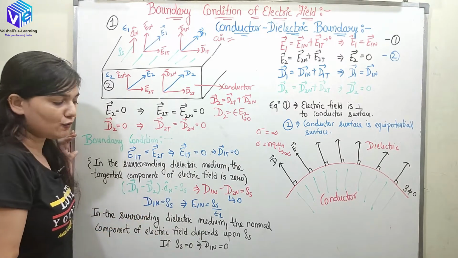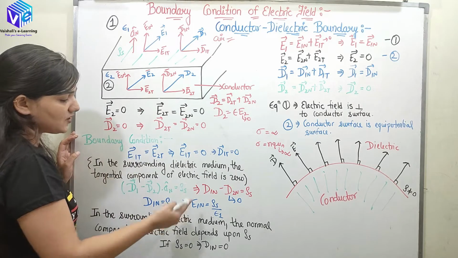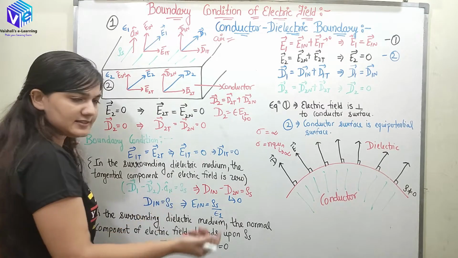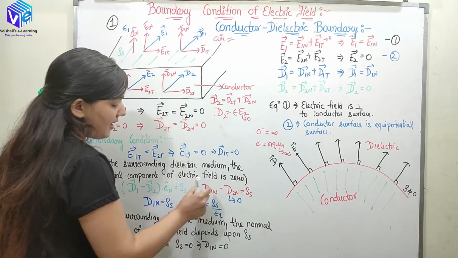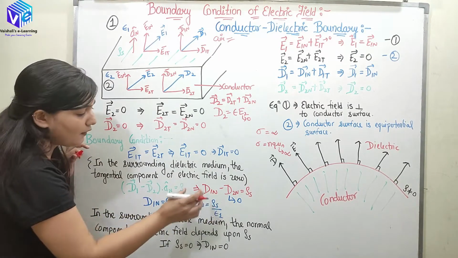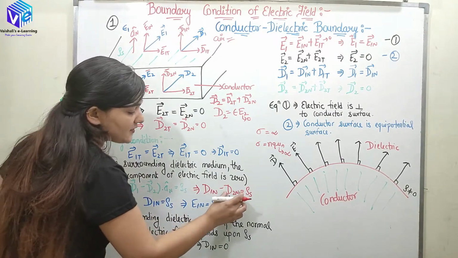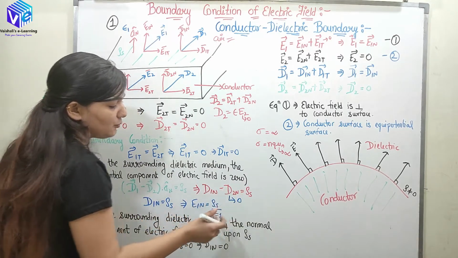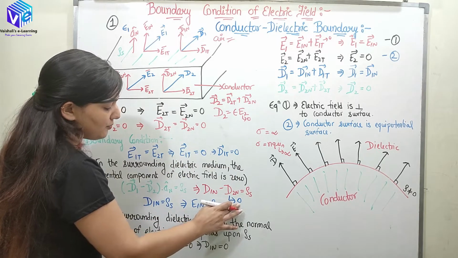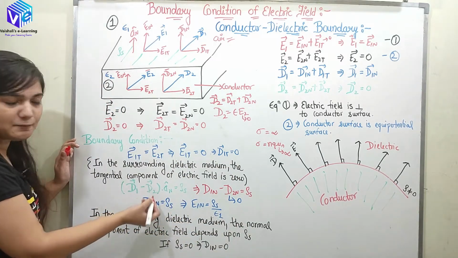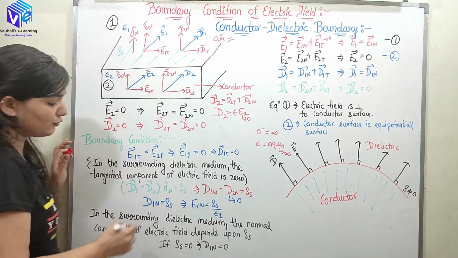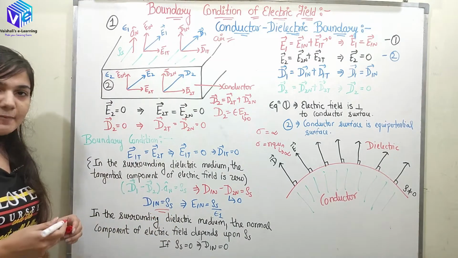Okay. Now coming to the second boundary condition, we had talked about this condition (D1 minus D2) dot an is equal to rho s. Now if D2 is 0, I can directly write D1 dot an is equal to rho s, or I can say D1n, because D1 dot an is D1n. D2 dot an is D2n. So D1n minus D2n is rho s. D2n was 0, so I can put D2n to be 0 here, or I could have directly put D2 to be 0. So I can write down that D1n is equal to rho s. So this is the second boundary condition.